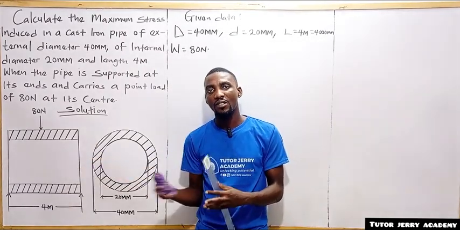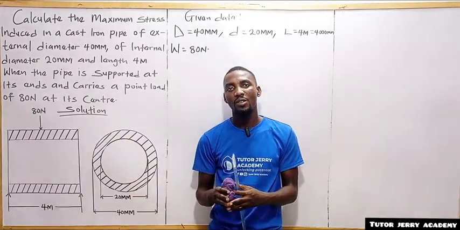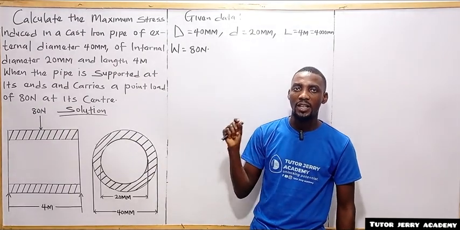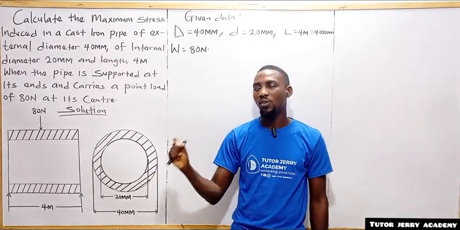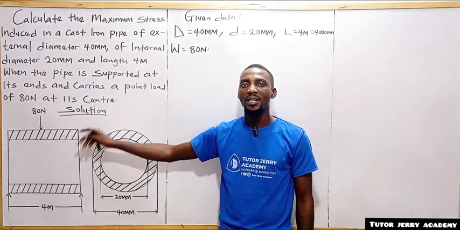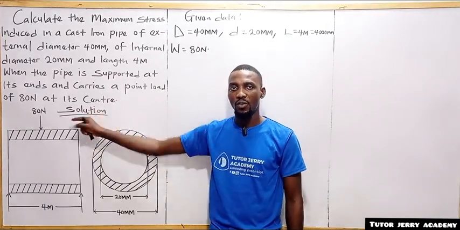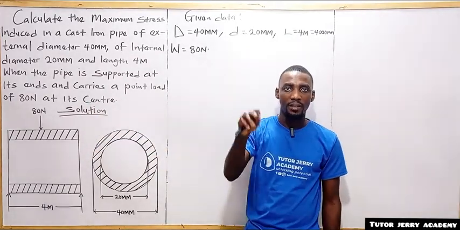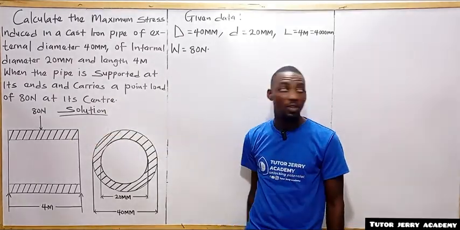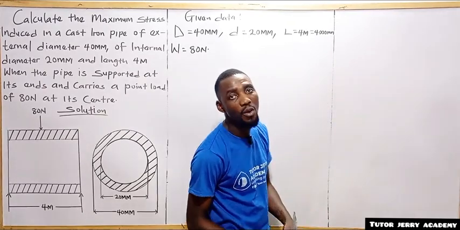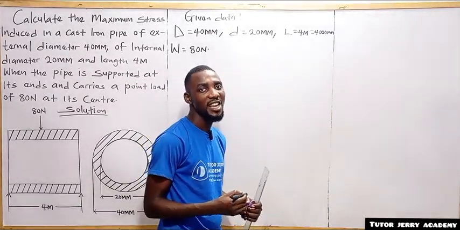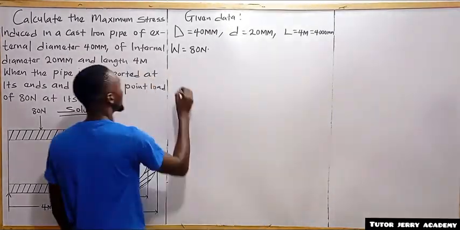And of course, I just mentioned that this beam is nothing but a simply supported beam. And if you follow our video on the application of the flexural equation, you will know the formula for a simply supported beam that carries a point load. You can click on the link displaying on your screen. You are going to get access to the video. All right, so the formula for the maximum bending moment for a simply supported beam that carries a point load is nothing but